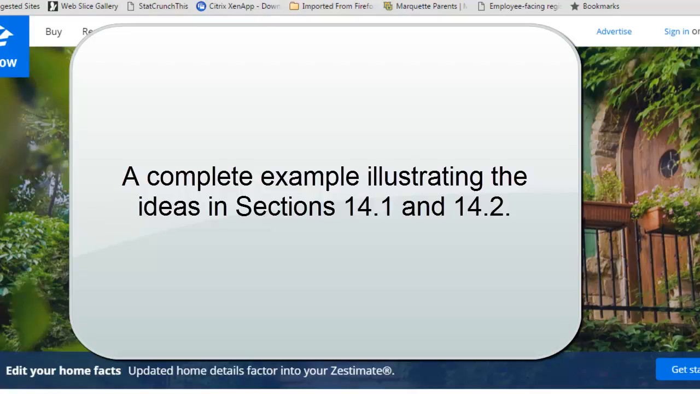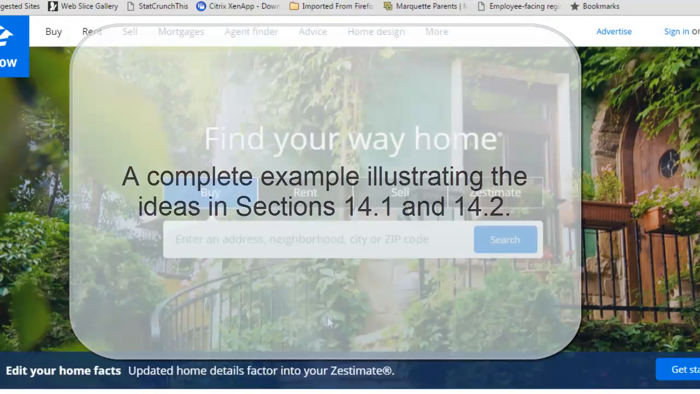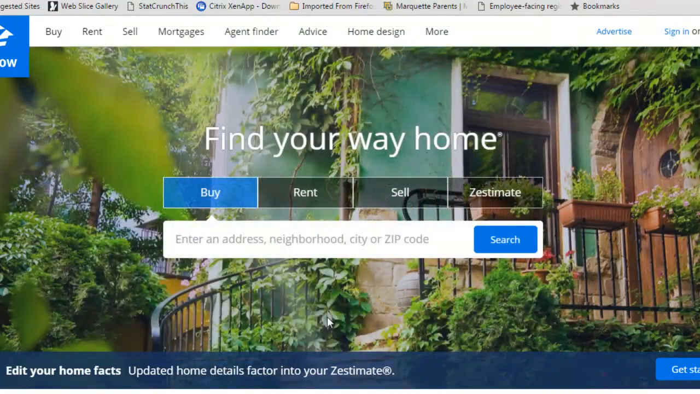So chapter 14, sections 1 and 2 deal with deciding whether or not there actually is a linear relation between two quantitative variables. And so all the inferential techniques that we've learned up to this point apply to this material as well. I thought what we would do is go through an example that illustrates everything that we learned in sections 14.1